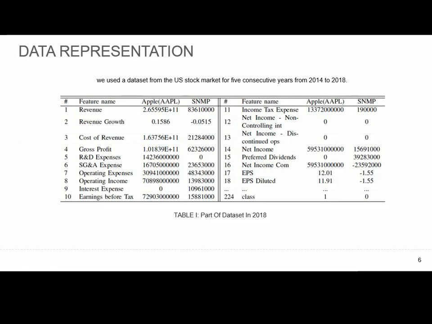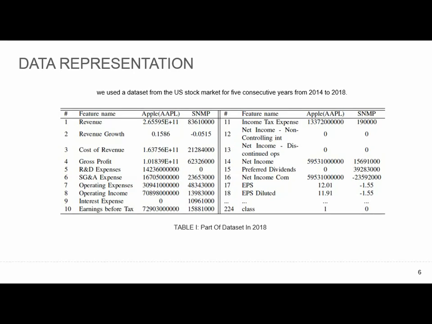The data of each year contains several thousand companies. For each, a set of 224 features is present. Our goal is to forecast the next year's performance of each stock based on various combinations of preceding years' training data. Table 1 shows an excerpt of the dataset for 2 different companies. Due to the excessive number of features,